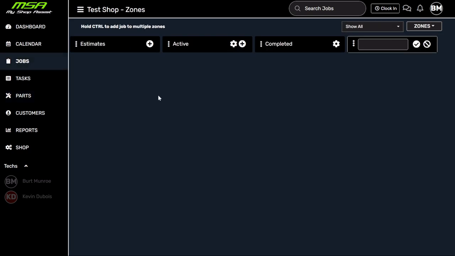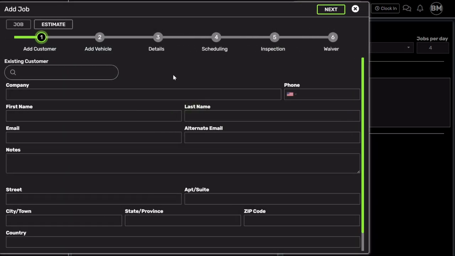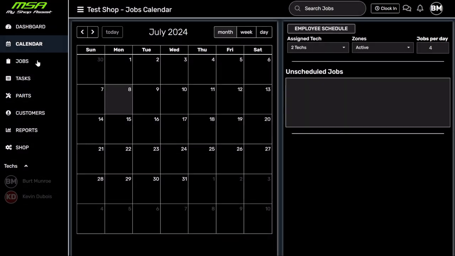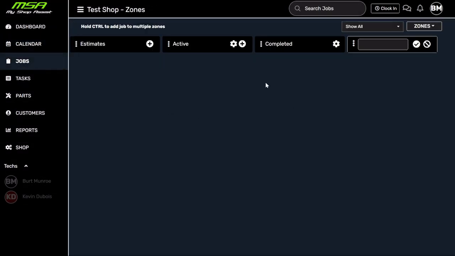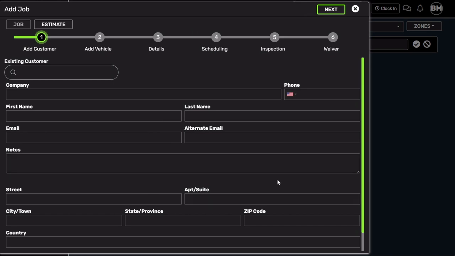Jobs, here is the next step. This is going to be how you add your first job. If you click on job, or you can also do this from the calendar. If you just click on the calendar on a day, this job screen will pop in. Or on the jobs page, you've got estimates, active, completed. From here, I'm just going to click the little plus button, and the add job screen is going to pull